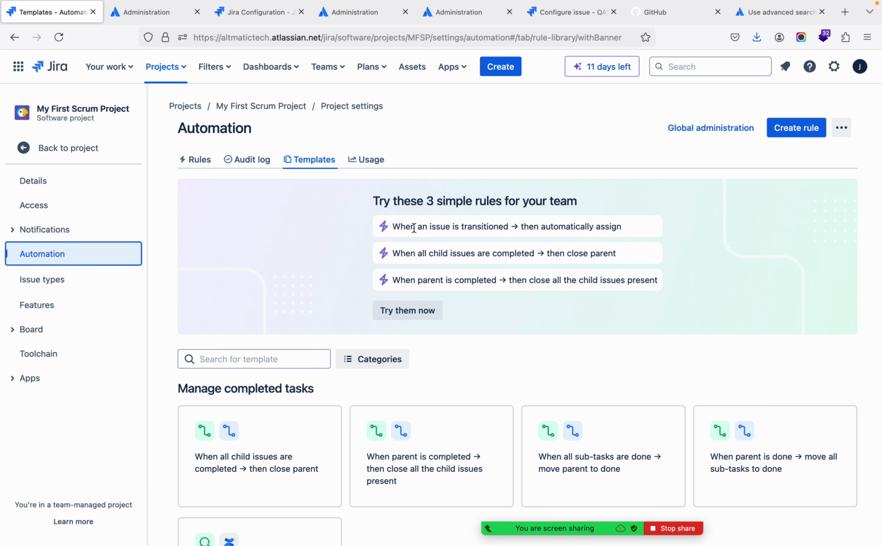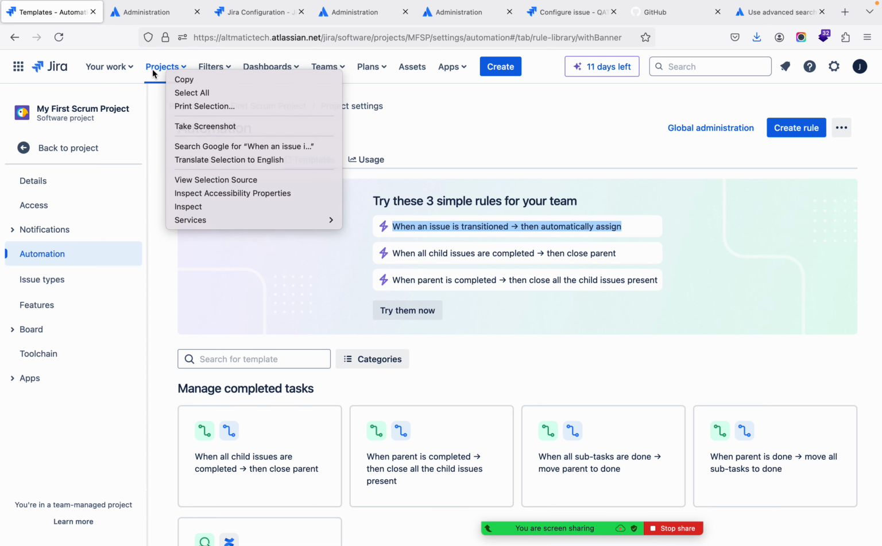Like they have given. When an issue is transitioned, then automatically assign. When all child issues are completed, then close parent. When parent is completed, then close all child issues. So what was happening? If you see your project again,